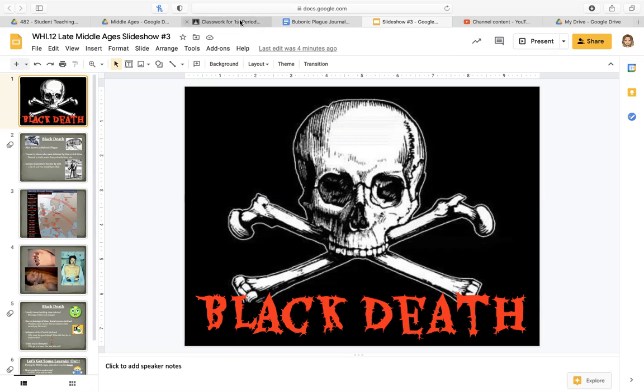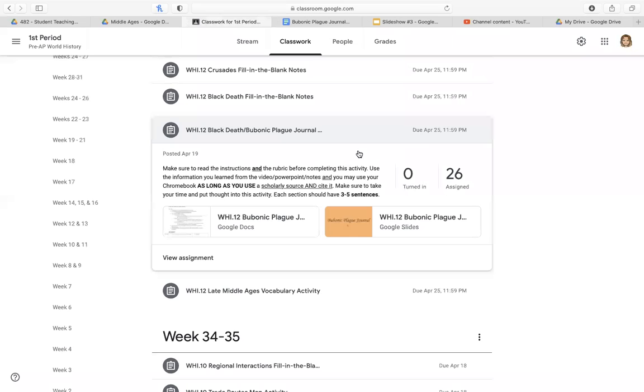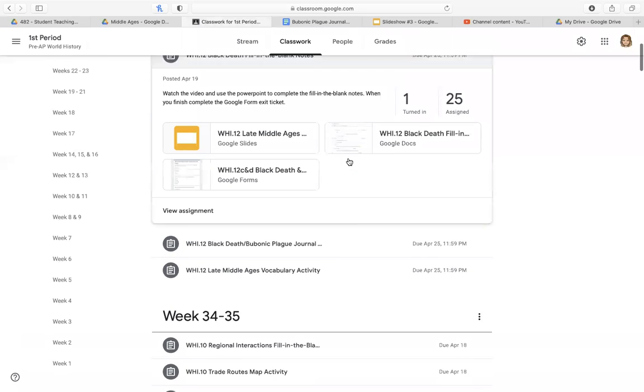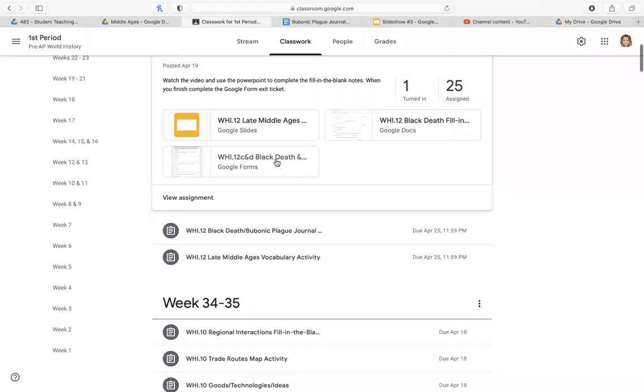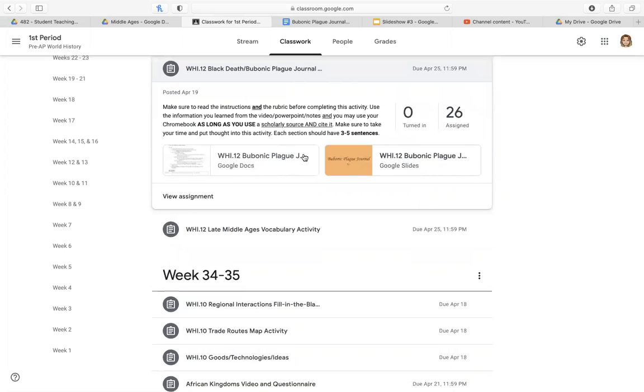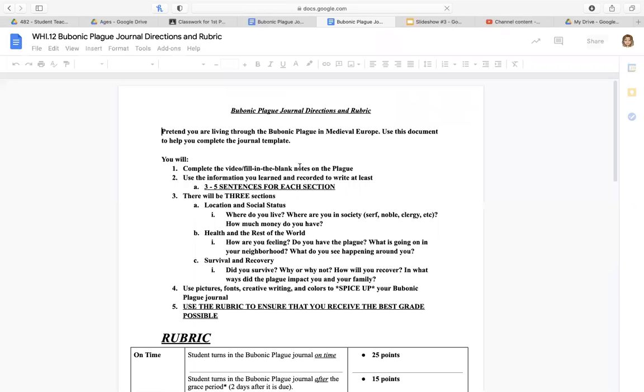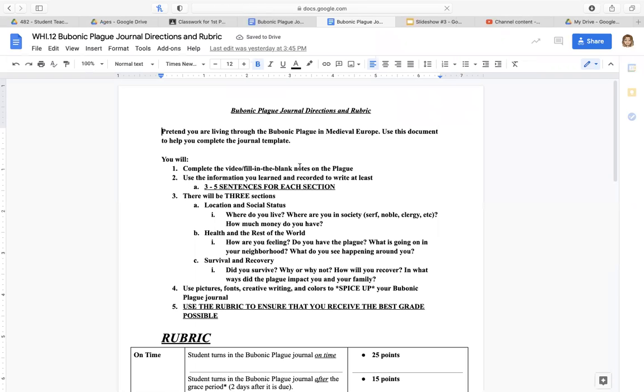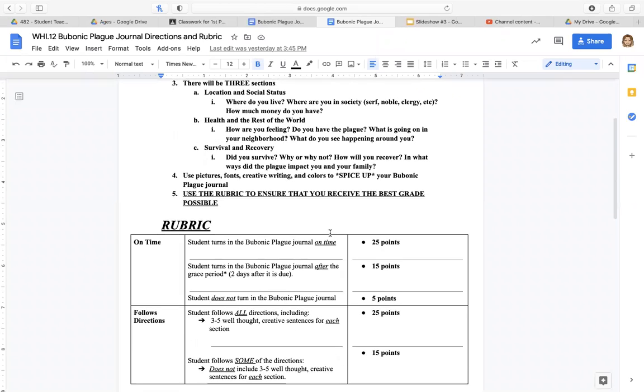But before we get into that, I did want to make you guys aware that you should have your fill in the blank notes open, which you can find here, as well as there'll be a Black Death and education exit ticket. This just asks you a few multiple choice questions I expect you to fill out for the full credit. And then you will also have a bubonic plague journal. This comes with directions and a rubric so you can make sure that you are filling everything out how it should be and